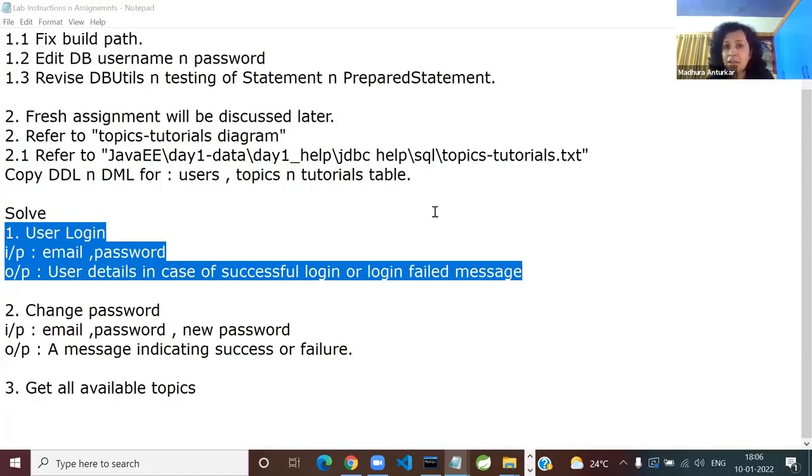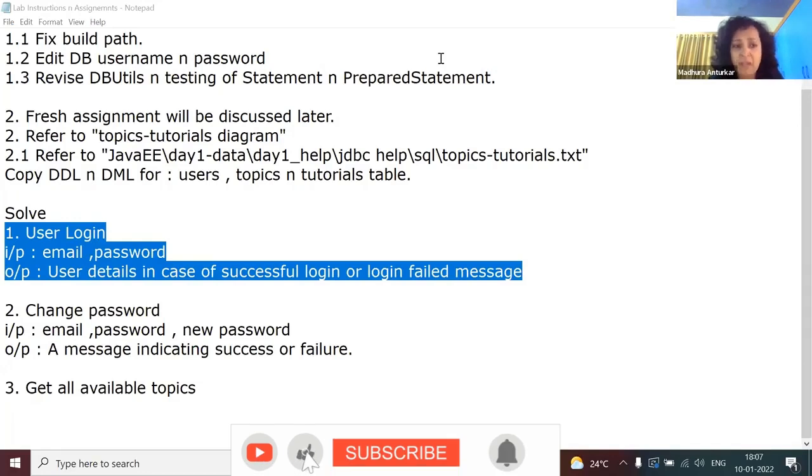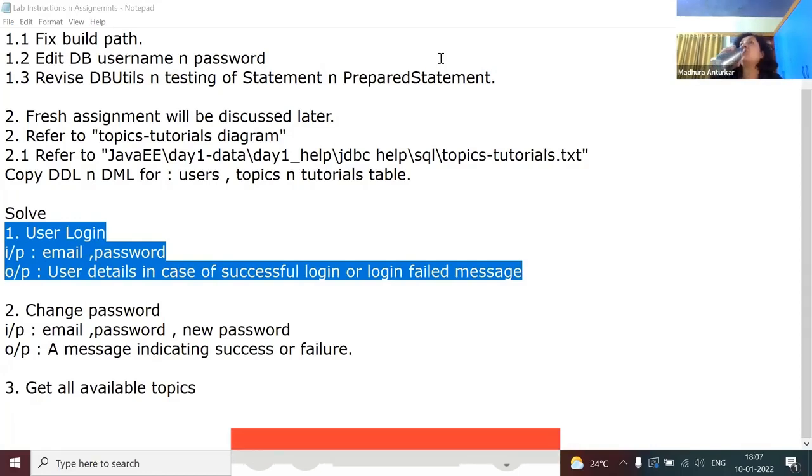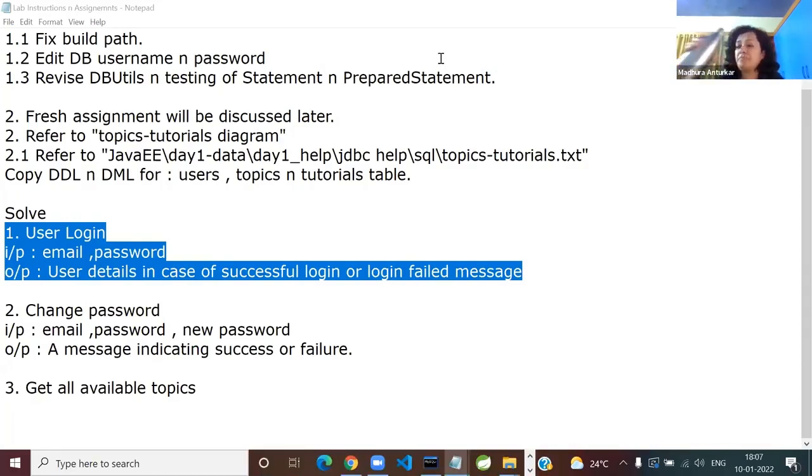So now tell me, where is your users data? Everyone knows, in the database. So here is the suggestion: create a brand new project, Daemon lab. This is your advanced Java Daemon lab.